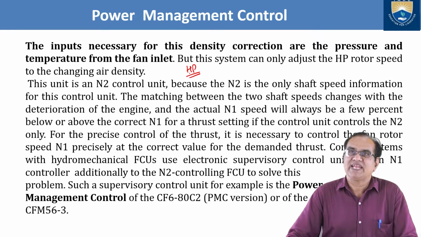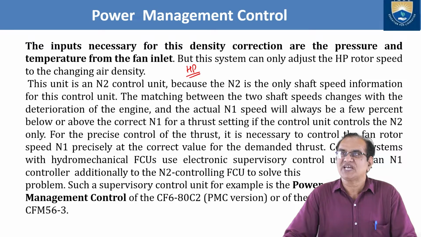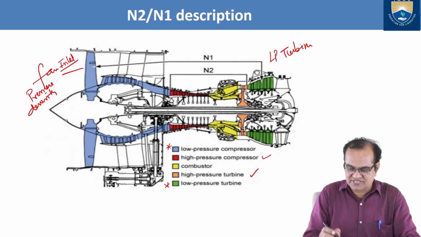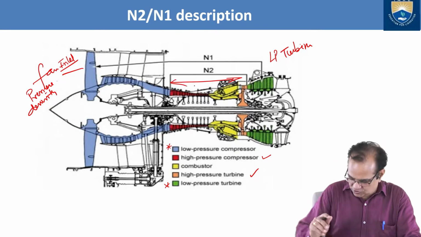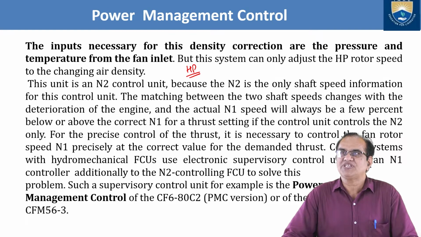This unit is an N2 control unit. N2 means high pressure control unit, because N2 is the only shaft speed information for this control unit. And you know that N2 means it is a high pressure zone. This center part is the high pressure zone. So in this power management, N2 is used, not N1. So this unit is an N2 control unit, because N2 is the only shaft speed information for this control